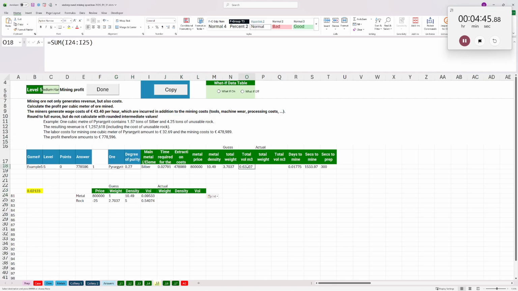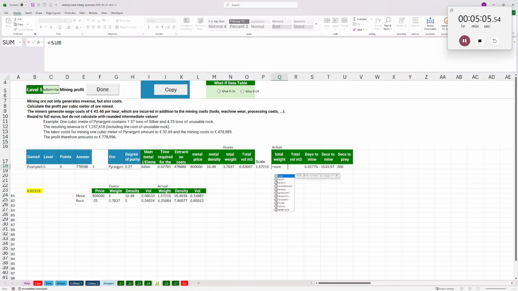So what I need is to turn this total volume into 1. There's a scale factor, so everything's got to get scaled up by 1 over this. So I just do all of these numbers times this, locked in place. And that scales it up now so that the total weight is there, and the total volume is exactly 1, which is what I want. So now the days to mine and the seconds to mine and the seconds to prepare are all based on